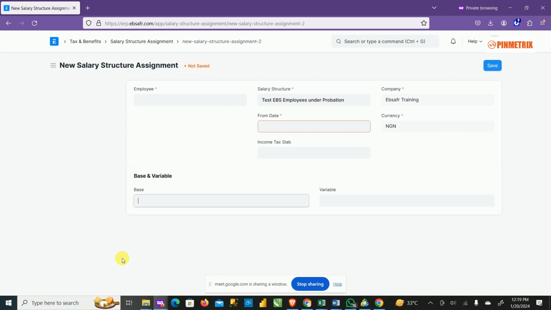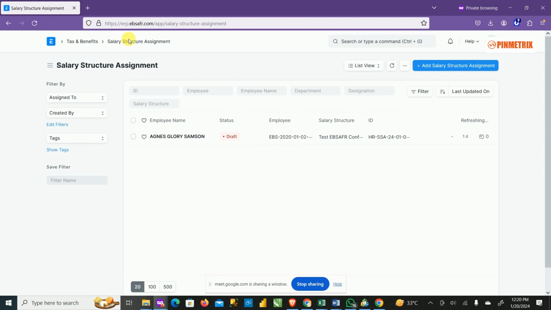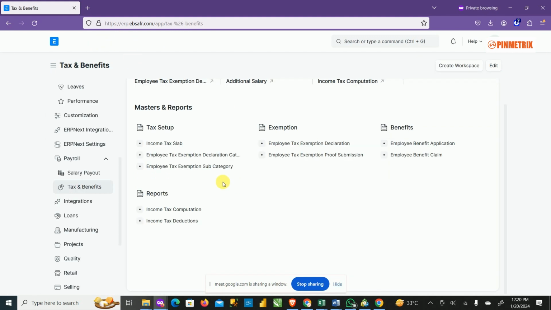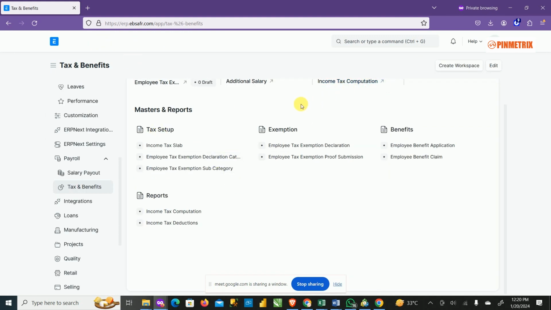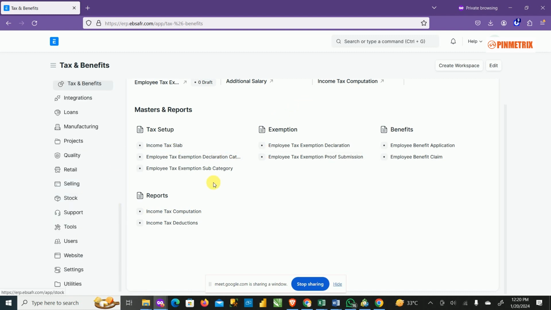So the first thing we did was to look at the components. We looked at the employees, the things that are important there. We looked at the components, how to create a component. We also looked at a salary structure, how to define a salary structure. Then we looked at how to assign a salary structure. This is what we have done here. You understand? So let me go back there again to